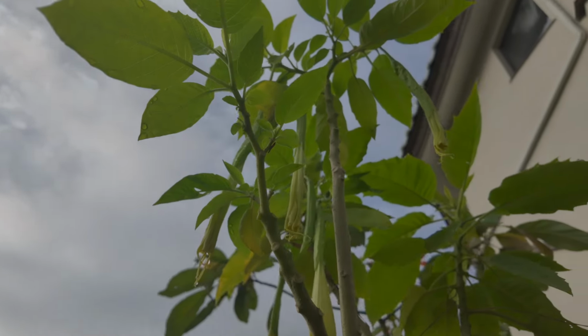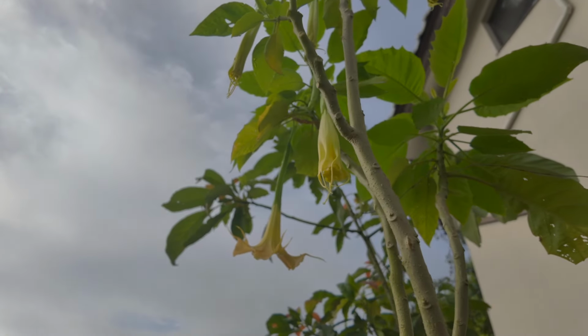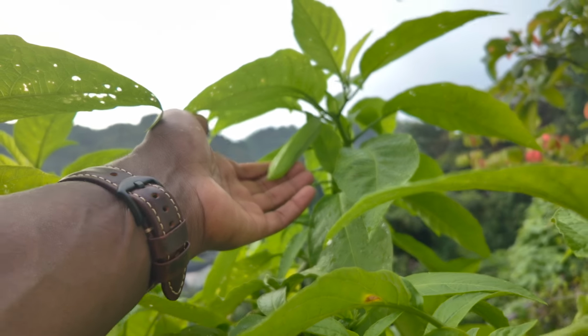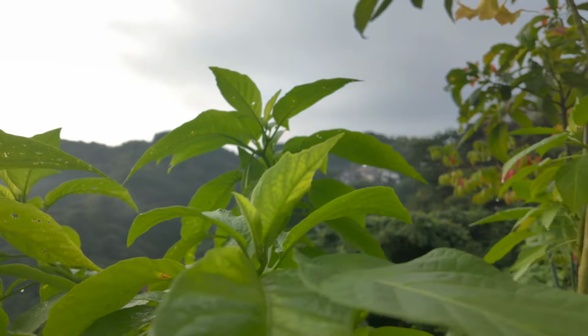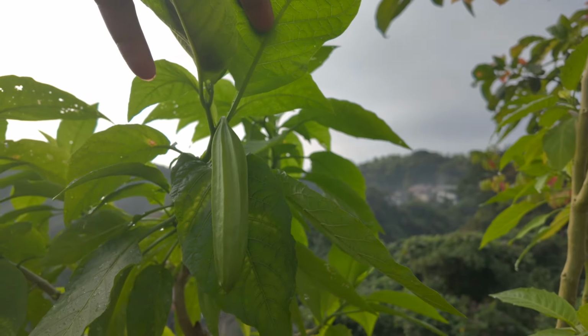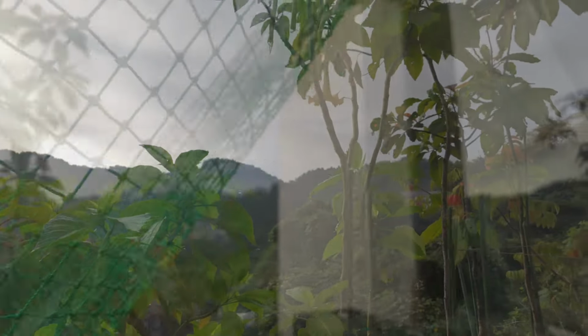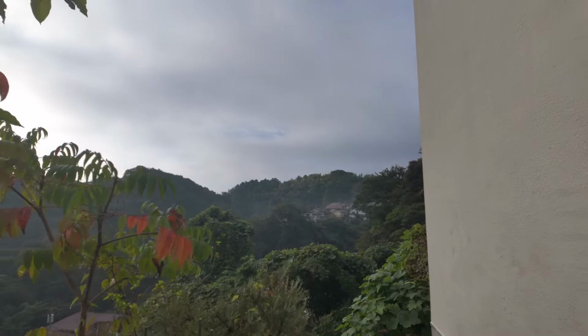And we have some flowers on the golden trumpet bush, ready to open. And this here is the white trumpet bush. This will open soon too. Very nice, very nice. Oh, there's another one here. Great, fantastic. Okay, let's take a quick look down below, see how the